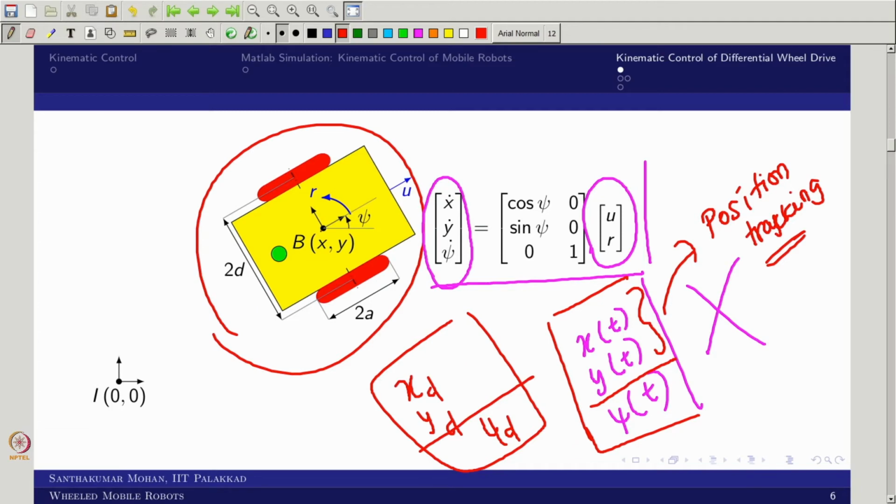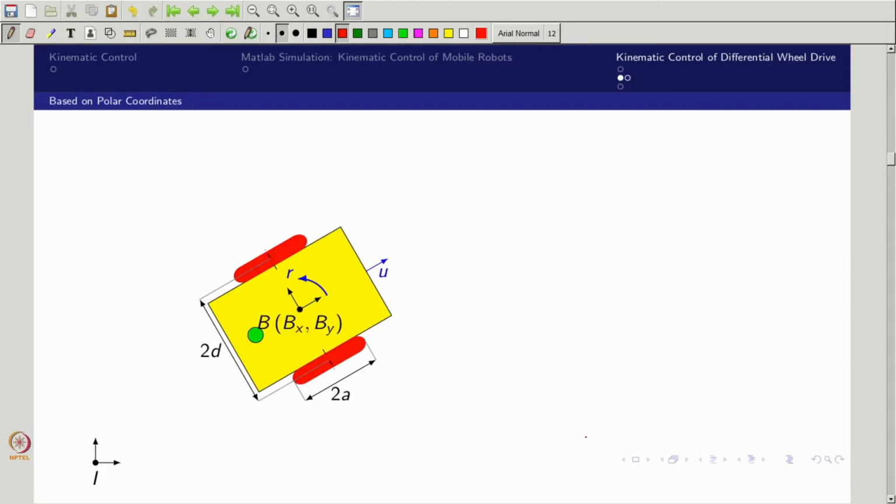Now, I, B, as well as U and R are the control inputs. Now we will move to the polar coordinate. I assume that there is a goal point somewhere here. I am showing the goal point as given; this is the start point and this is the goal point. I am trying to follow this particular profile, or in this case a set point. So I can draw a line joining them. If I align this robot with this line, this robot will go along the line. In the sense, U and R is sufficient. Initially I take R, where I orient this vehicle along this line. After that only U is sufficient, right? This can be achieved in two ways.